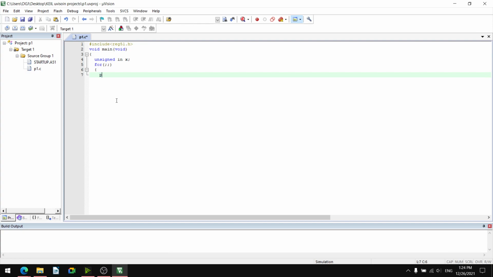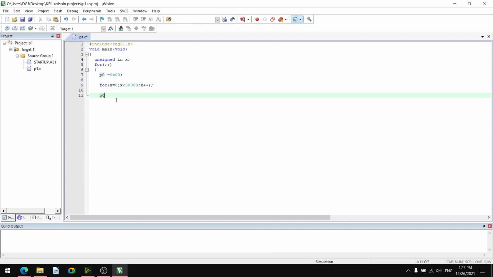Then P0 port is assigned with 0x00. Then a for loop for some delay, say for (x = 0; x < 50000; x++); with a semicolon, because it is self-iterating and will not associate the next instruction.